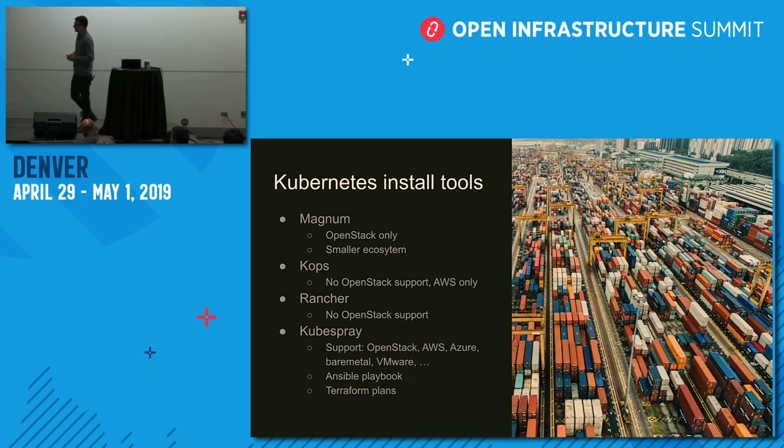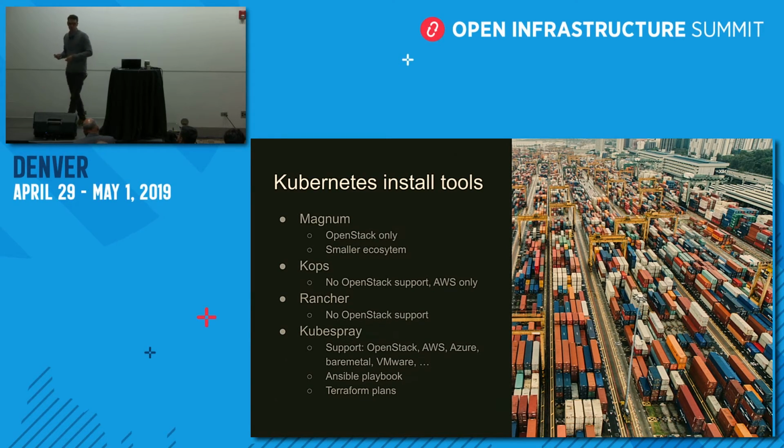You also have another popular tool to install Kubernetes, that's kops, which has no OpenStack support yet, or OpenStack support is in progress or very, very new. And this was focused only on AWS until now. So this could be like the example I was giving, AWS and OpenStack. Well, you could use Magnum for the OpenStack and kops for the AWS side. You also have another popular tool, Rancher. No direct OpenStack support, I think, but it has bare metal support. Yeah, some other options there.